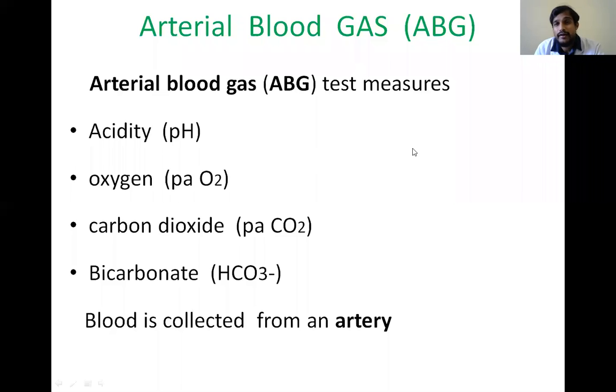Generally the blood is taken from the veins, but in arterial blood gas analysis, the blood is collected from the artery. Collection of arterial blood is a painful process, and after collecting the blood, we check for these parameters. An arterial blood gas analyzer is used. If we send the sample into the analyzer, we will get the values of these parameters. Depending upon these values, we will differentiate the acid-base disorder.